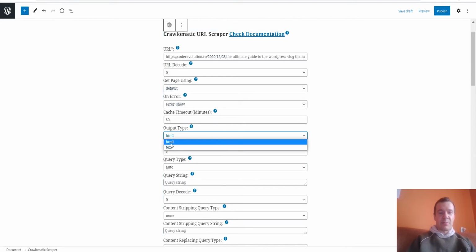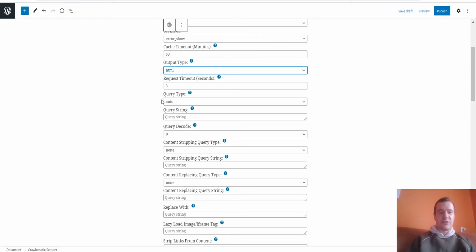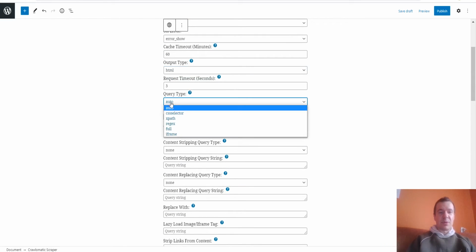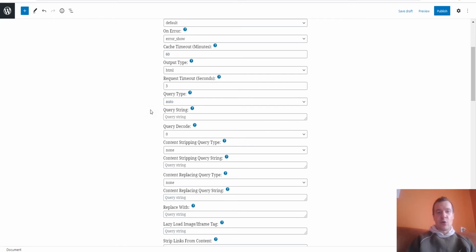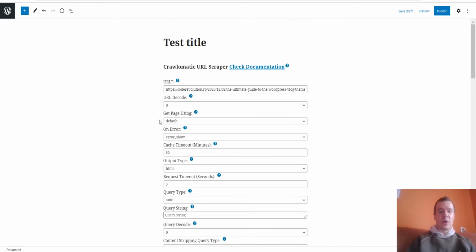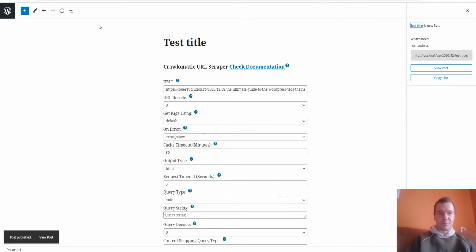So output type can be HTML or TXT or text. Let's leave this HTML. And query type, this is also an important setting that I want to emphasize here in the beginning. We can leave this to auto, and we can tell the plugin from where we should get the content from the target page. So for the beginning, let's leave this to auto and let's publish content as it is, and we can view the post here,